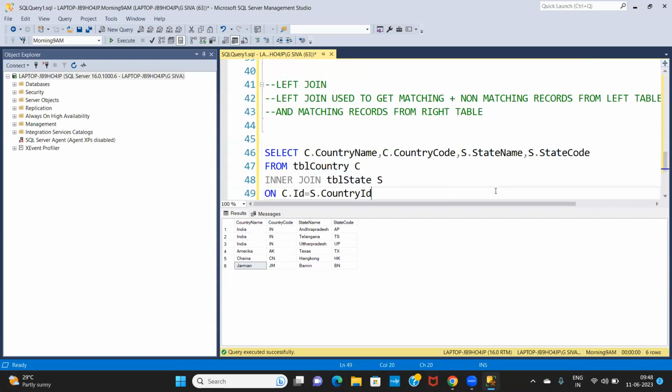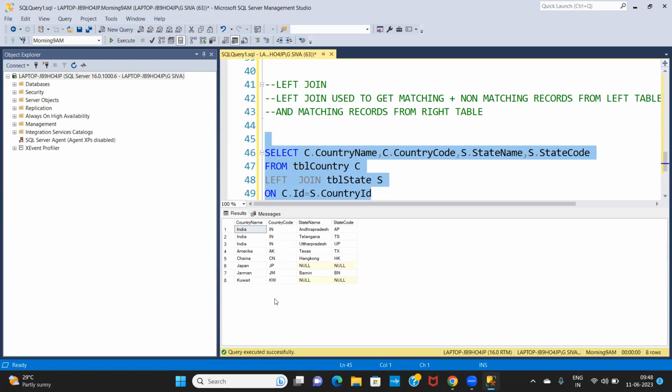Copy paste here. Instead of inner join, we have to use the left join, or we can use the left outer join. Both are the same. In real time, we write a left join. Left join or left outer join, both are the same, just the name is different. If I run this query,